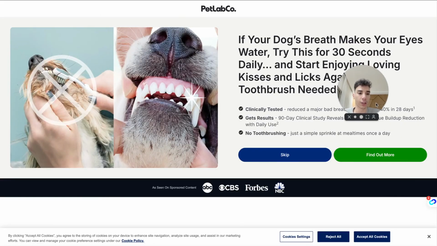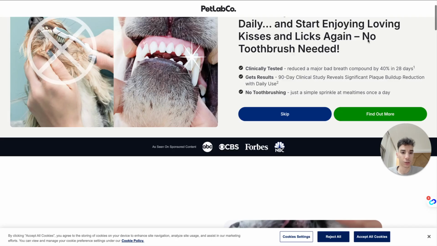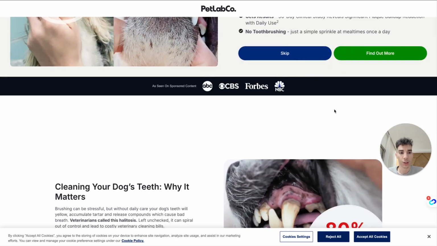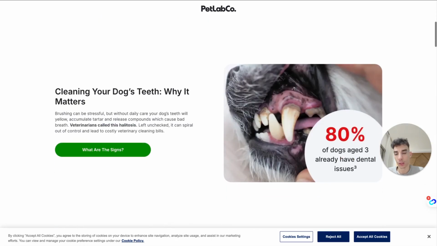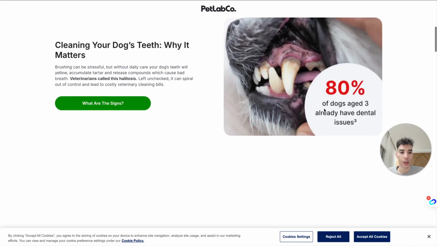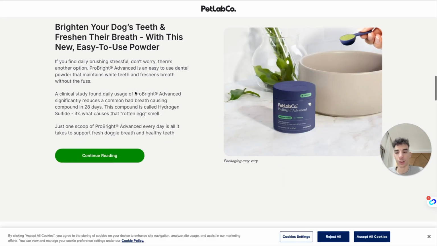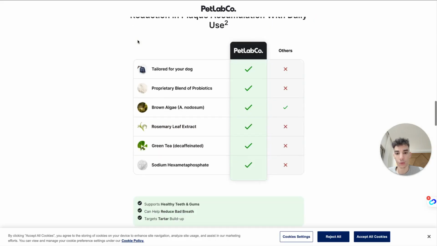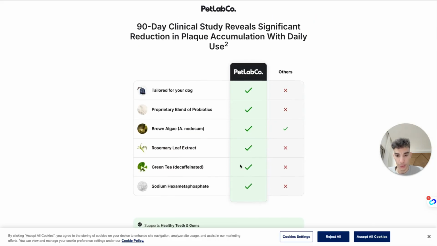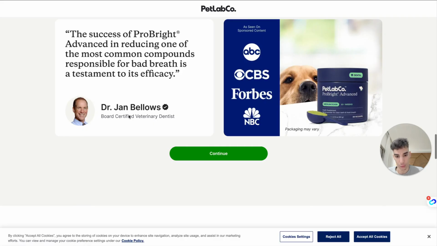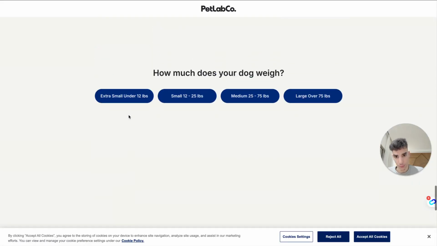"If your dog's breath makes your eyes water, try this and start enjoying loving kisses again, without a toothbrush. Find out more." "Clean your dog's teeth while it matters. 80% of dogs already have dental issues. Brushing can be stressful, but without daily care... what are the signs?" So they talk to you to help you understand the symptoms, how it works, Pet Lab, others, versus other options, vet reviews, authority figures. And just like a normal